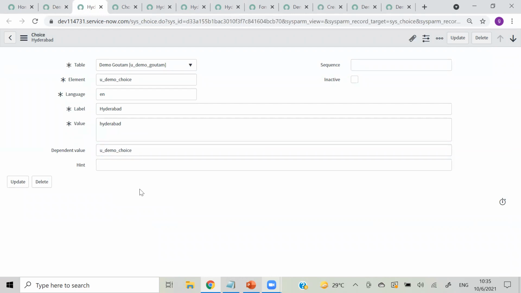Okay, I think that option is getting missed somewhere. I will check that, and I can tell that in tomorrow's class about dependent field, when we are developing form. Yeah. Okay.